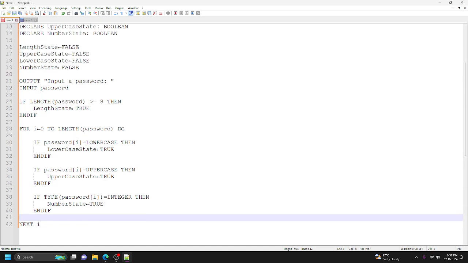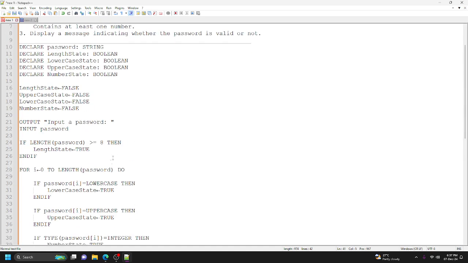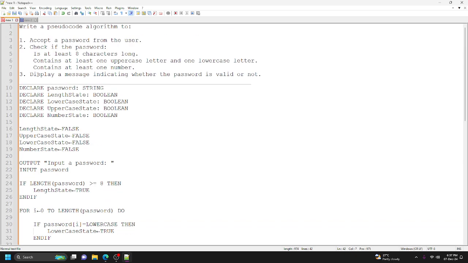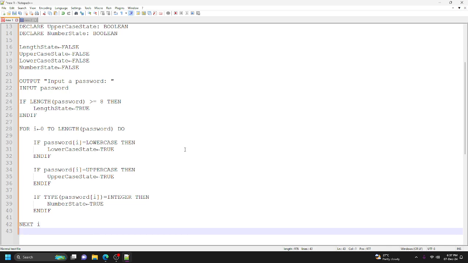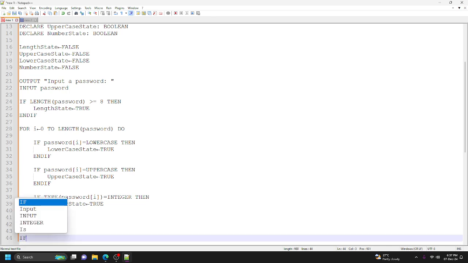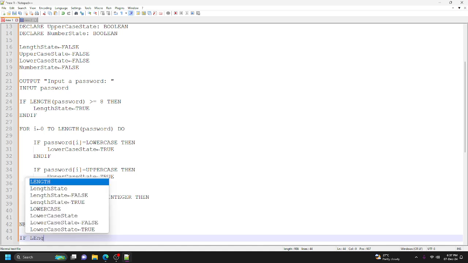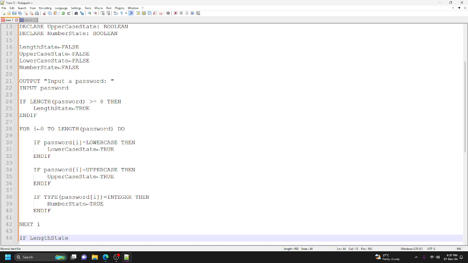Now, there's definitely more efficient ways you can go about doing this, but this is using base knowledge or knowledge that we're given about pseudocode. Then what we finally do is display a message indicating whether the password is valid or not. So there's definitely use of an if statement here. So we need to check if everything here was true. So if length state equals true and uppercase state equals true and lowercase state equals true,